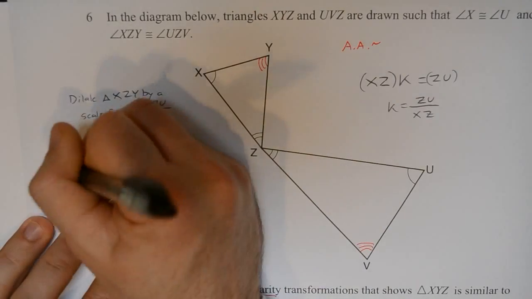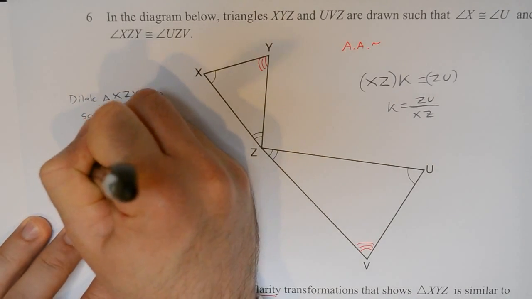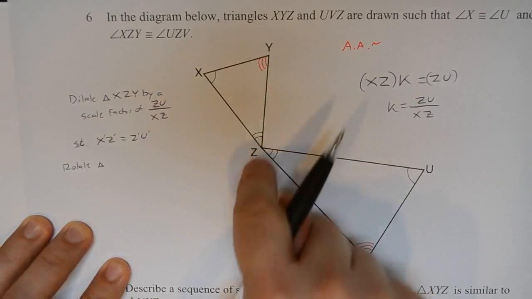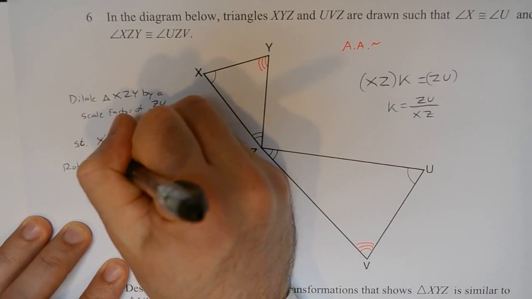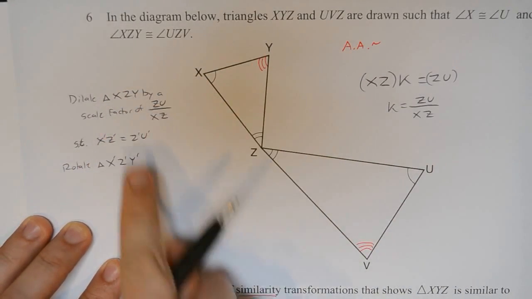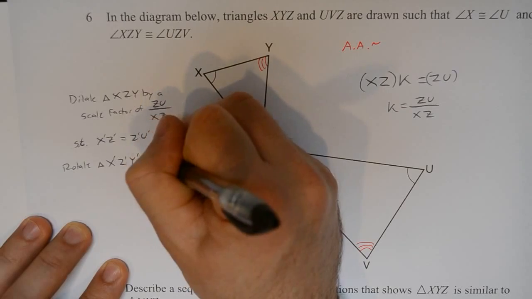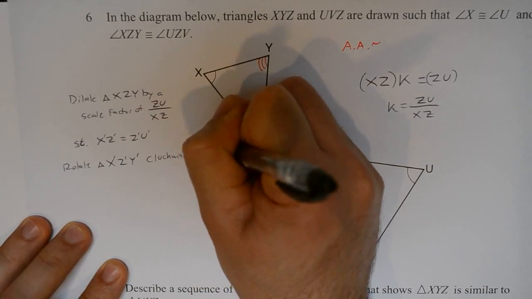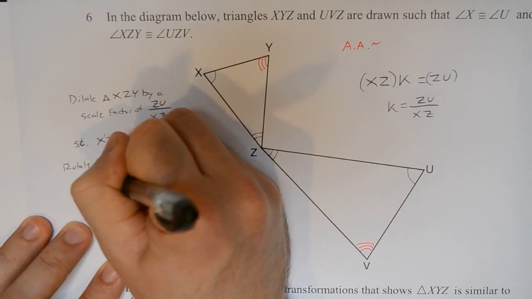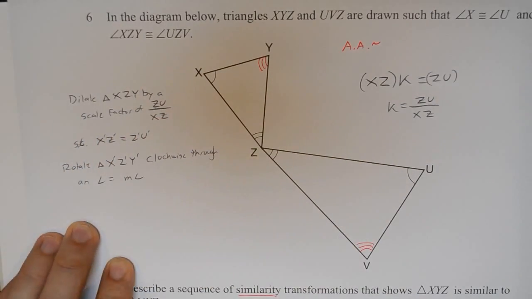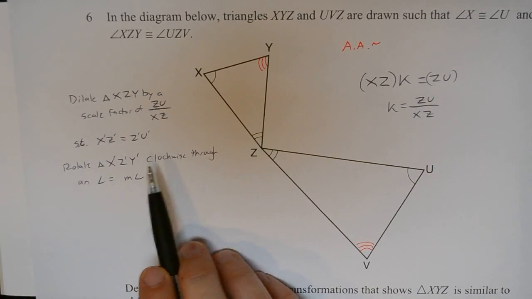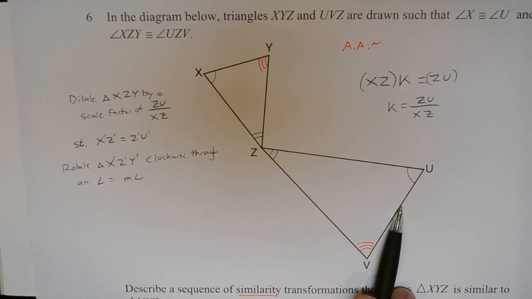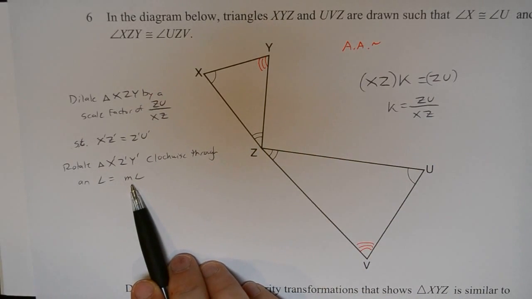So let's go ahead and rotate triangle x prime z prime y prime, right? So this is the triangle after I do my dilation, clockwise through an angle equal to the measure of angle, right? So I'm going to rotate the triangle clockwise this direction through an angle equal to, well, what's the angle I